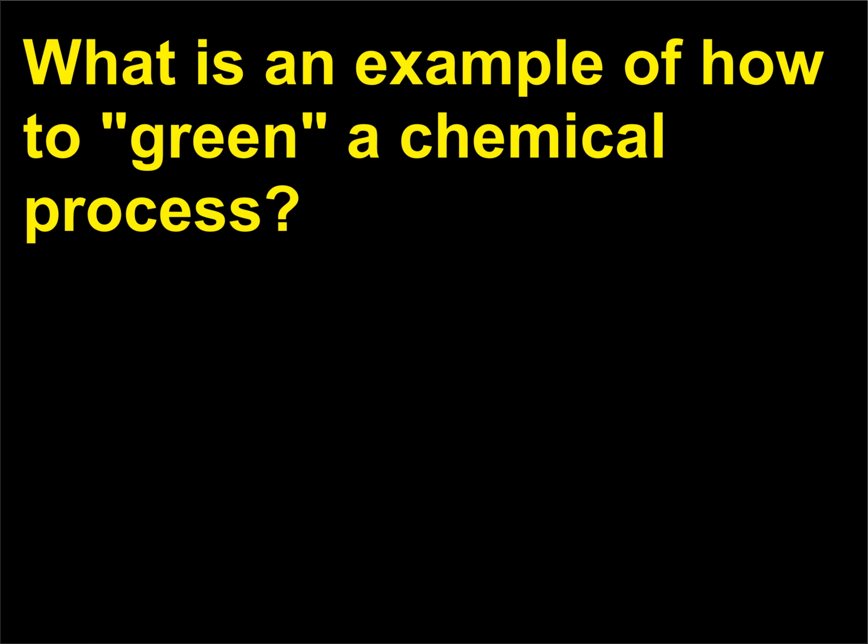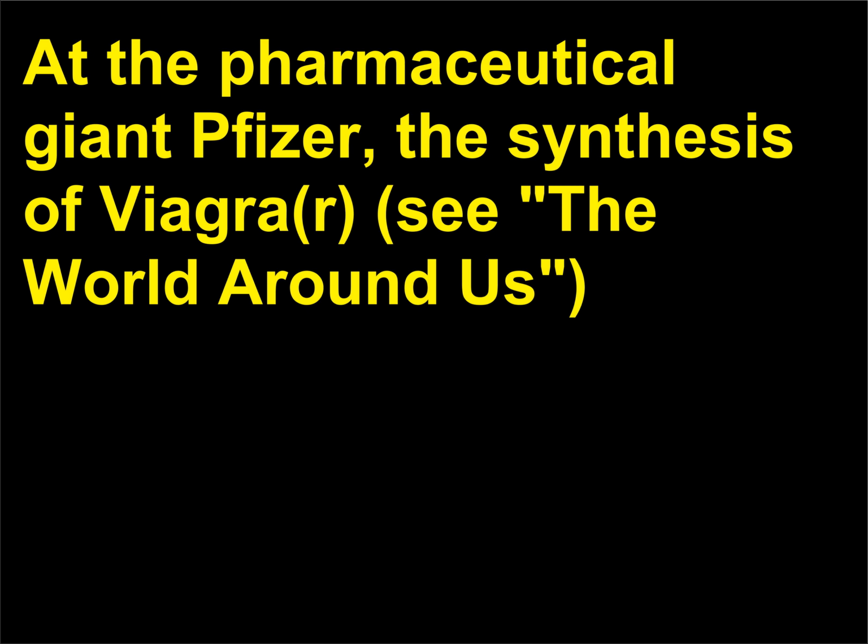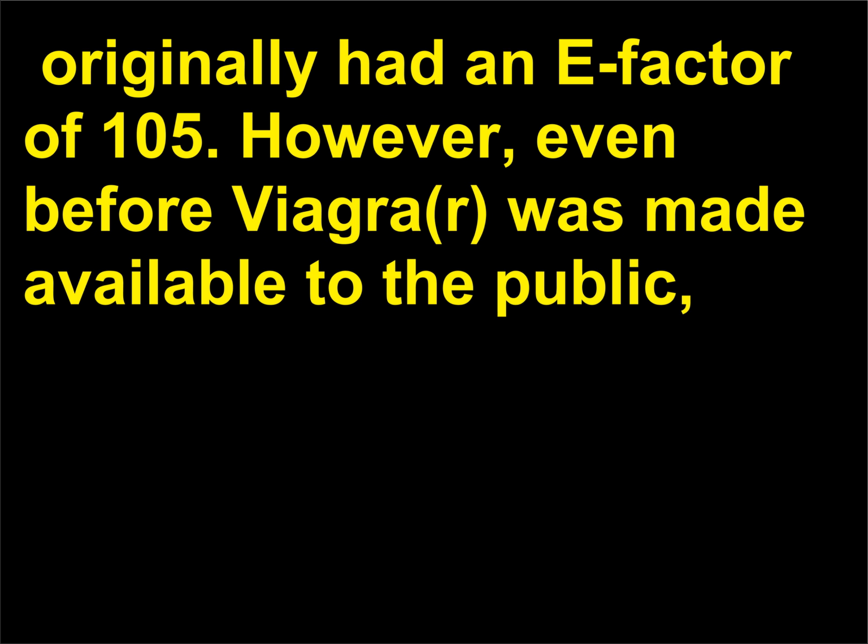What is an example of how to green a chemical process? At the pharmaceutical giant Pfizer, the synthesis of Viagra, see the world around us, originally had an E factor of 105. However, even before Viagra was made available to the public,